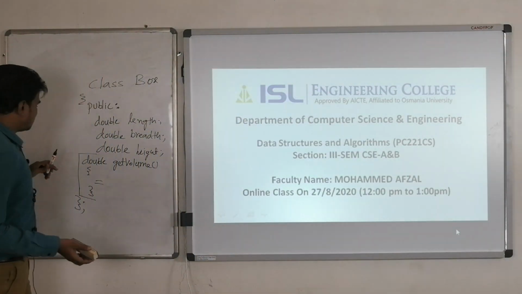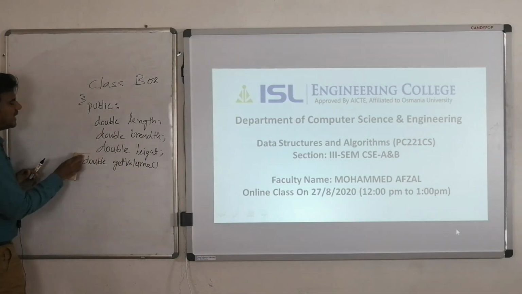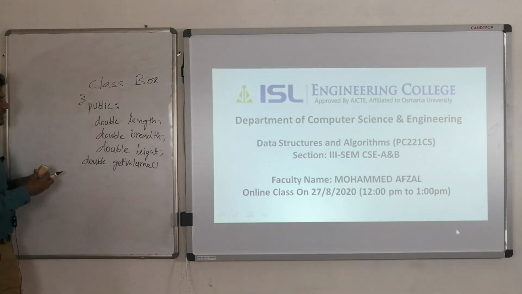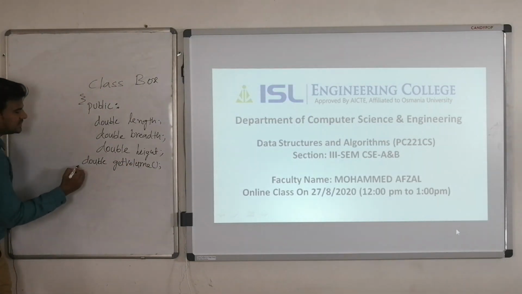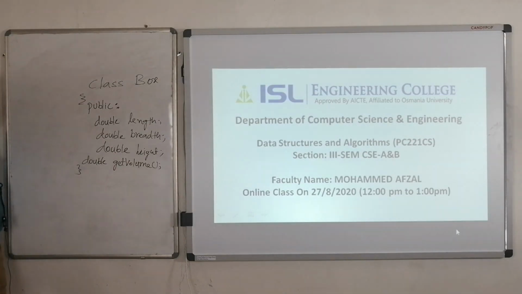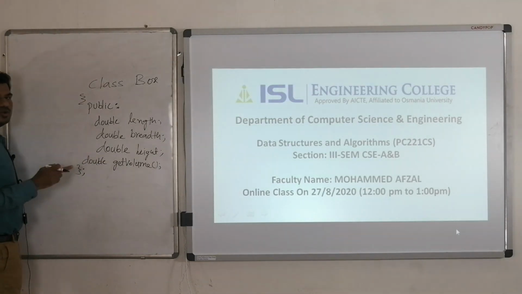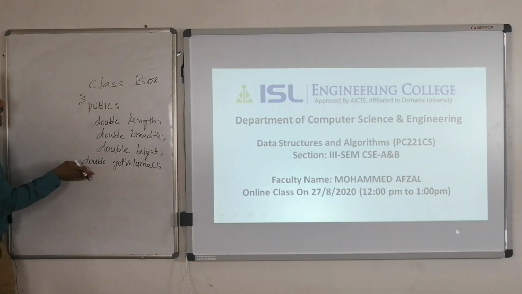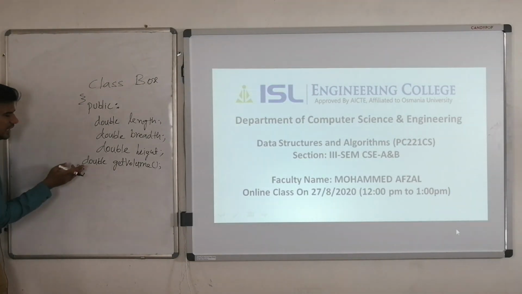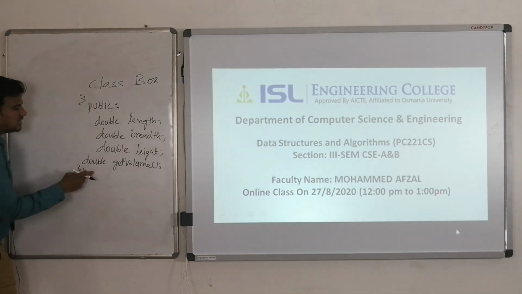It is very simple. Simply remove the definition and do the declaration only. How we are doing the declaration? Like this. At the end we have to put the semicolon, then close the class. So this is the closing of the class, and here we have a member function declaration only. We don't have the definition. So now in order to give the definition, what we have to do? Outside of the class we have to give the definition. That syntax I have given in yesterday's class. So it is very simple.